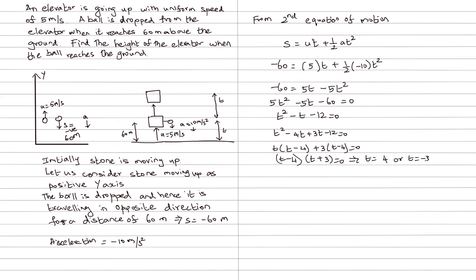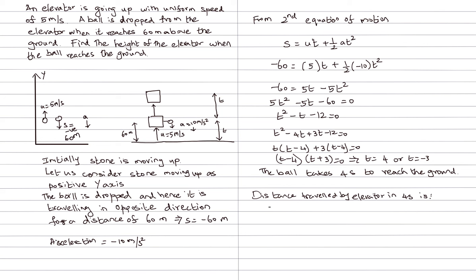Time cannot be negative. Time will be always positive, right? So the ball takes 4 seconds to reach the ground. Now, in the 4 seconds, how much distance the elevator would have traveled? We have to calculate. So, the distance traveled by elevator in 4 seconds is,